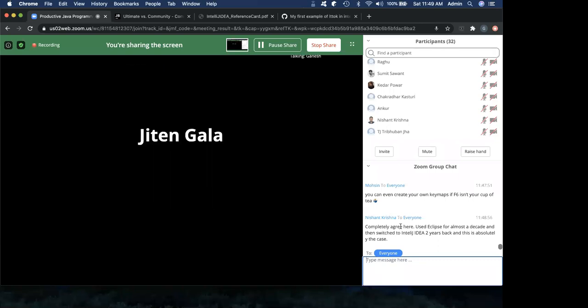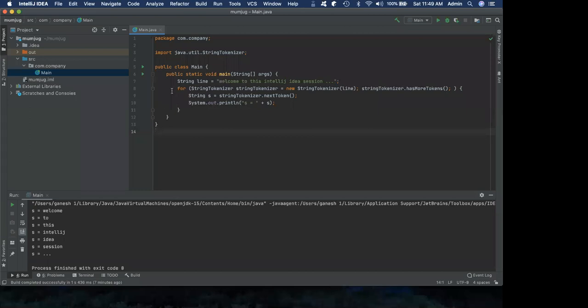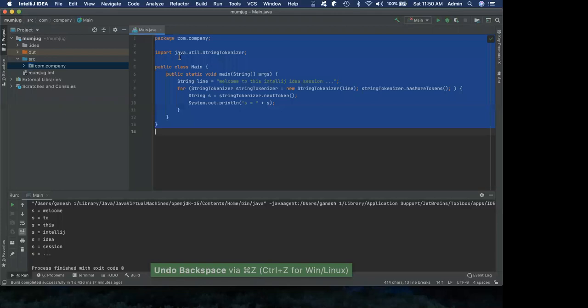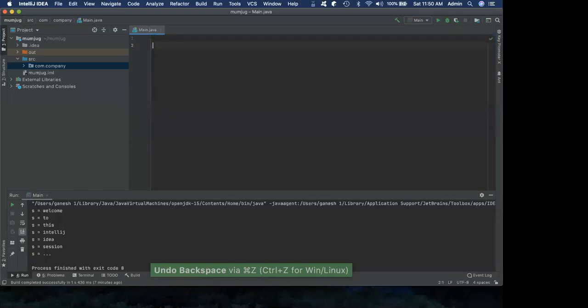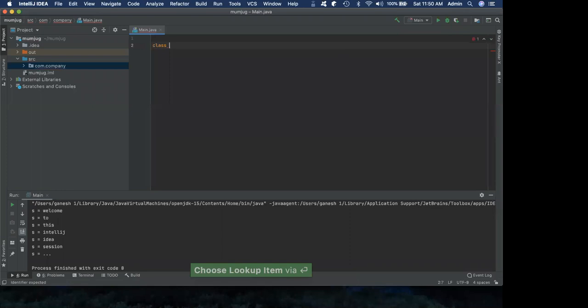Okay, let's play around with some more things. So let me actually delete this whole thing, and let's try to create something from scratch. I'm doing, let's say, a class Location.